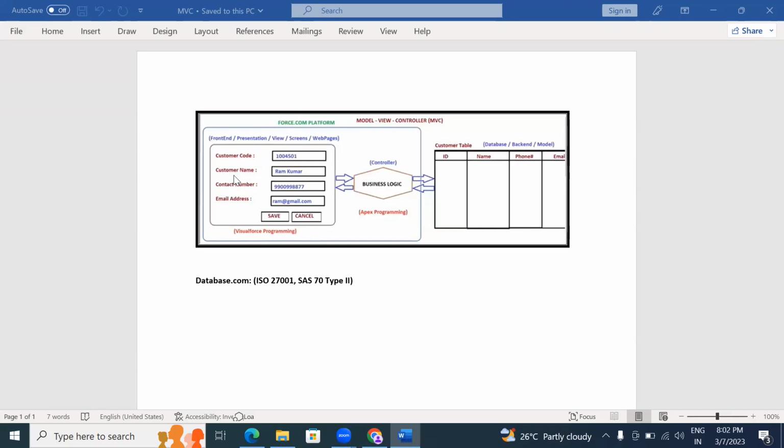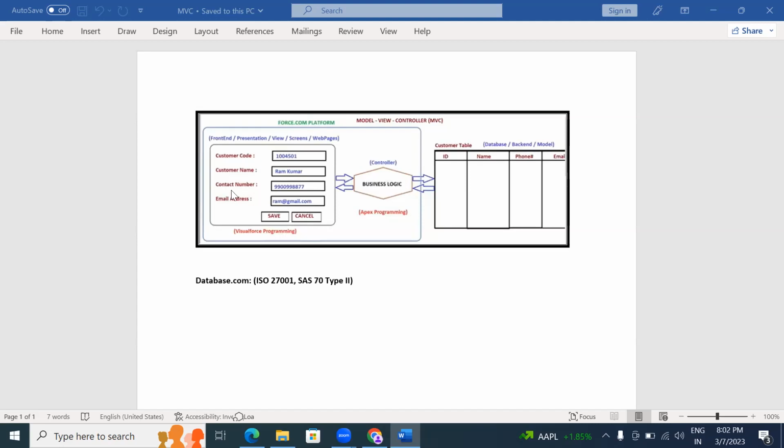And to write the business logic, we use Apex programming. At the database level, we have objects, or tables, which are used to store the data. Together, Visualforce plus Apex programming, we call the force.com platform. And the tables at the database, this is called database.com.